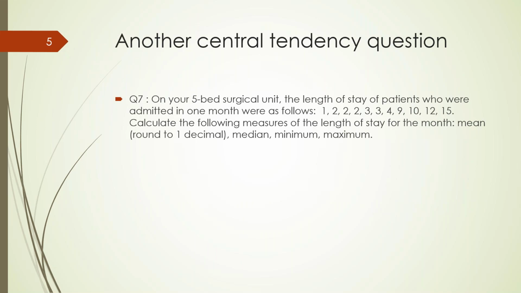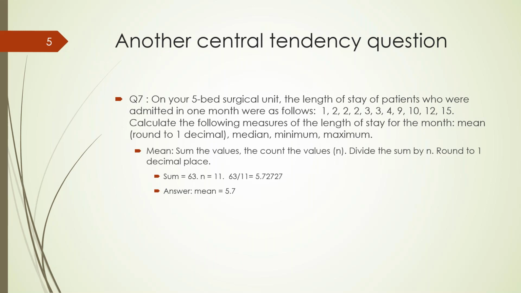Okay, another question, question 7. On your 5-bed surgical unit, the lengths of stay of patients admitted in 1 month were as follows. These are all days: 1, 2, 2, etc. I'm not going to read them all out, but calculate the following measures for the length of stay for the month: the mean, rounded to 1 decimal, the median, and the minimum and the maximum. I'm not going to tell you what the minimum and maximum are because you should be able to figure that out. But the mean,